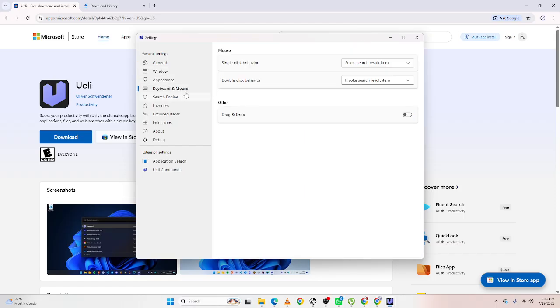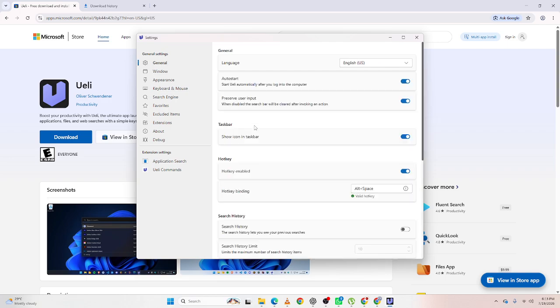And that's how to reset ueli on Windows. Resetting the configuration is one of the most effective ways to fix persistent problems and restore the launcher to a